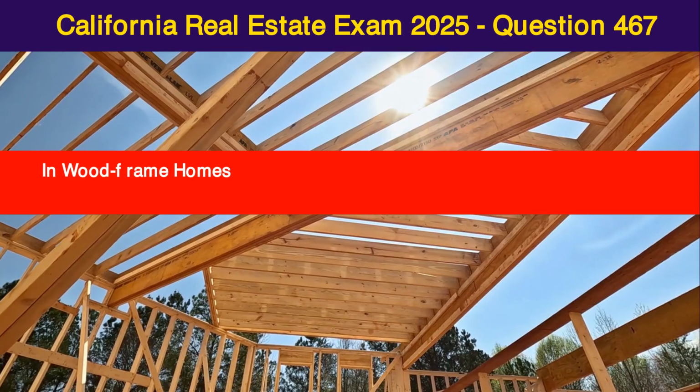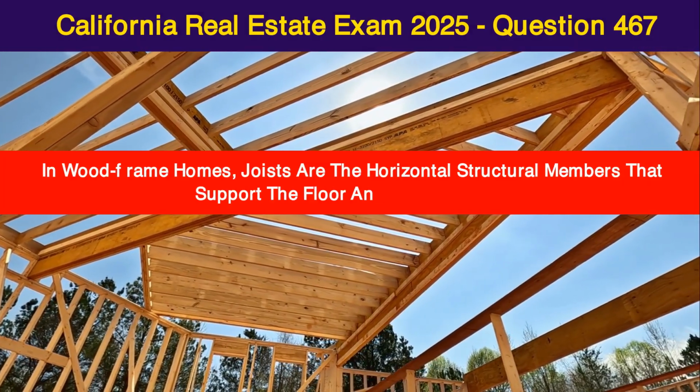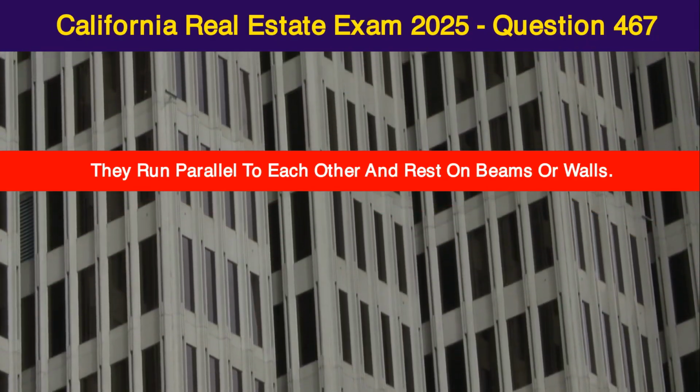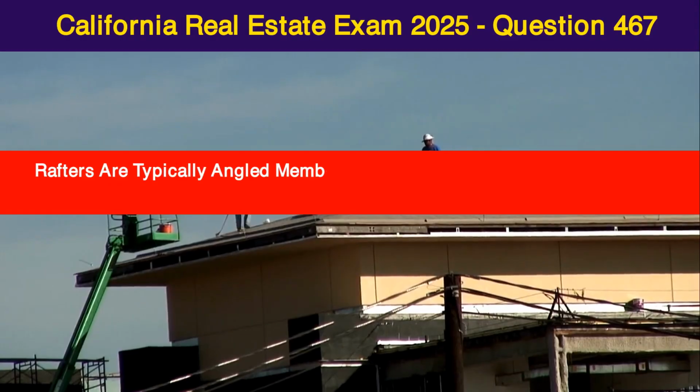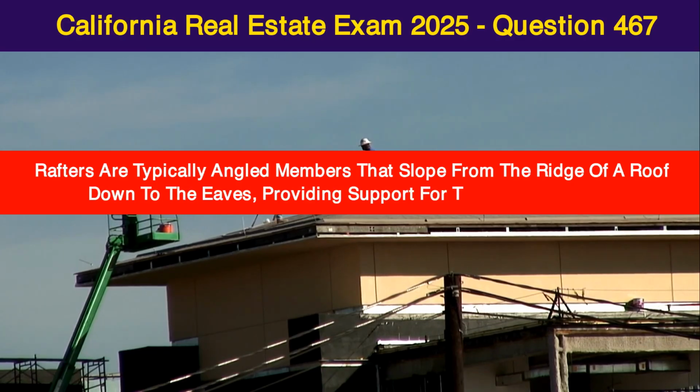Joists. In wood frame homes, joists are the horizontal structural members that support the floor and ceiling loads. They run parallel to each other and rest on beams or walls. Rafters are typically angled members that slope from the ridge of a roof down to the eaves, providing support for